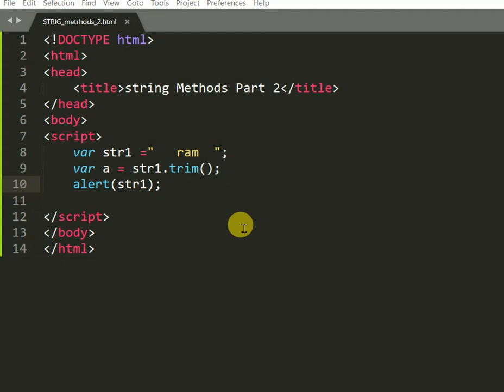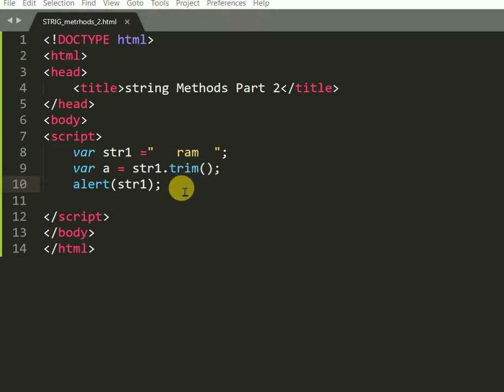Here we will see the trim method. I have taken a string str1 with Ram, and at the start I have given some space. With the help of trim, we can remove that space.